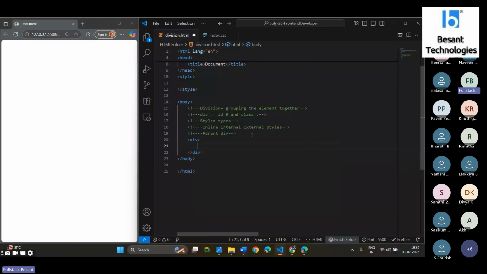This is a parent div, and inside we are going to pass a